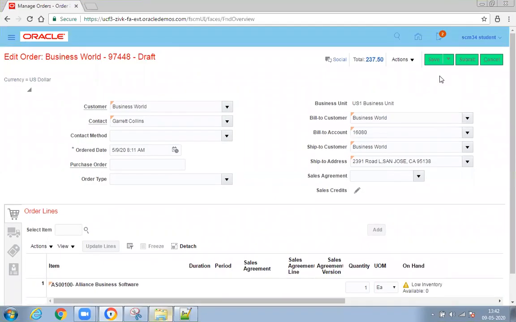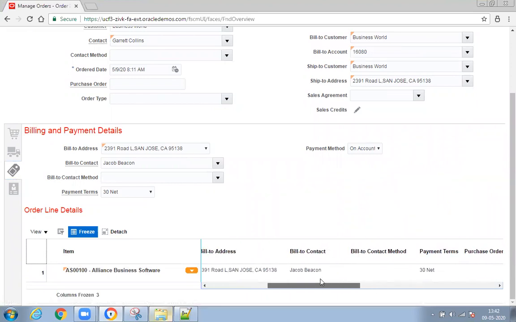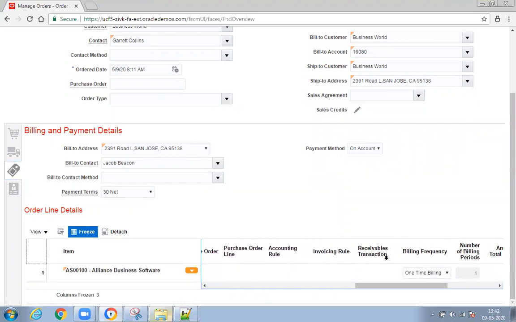Okay, now let me save my order. Now verify whether the transaction type is populated or not. Go to billing details. Where is it? Receivable transaction type.